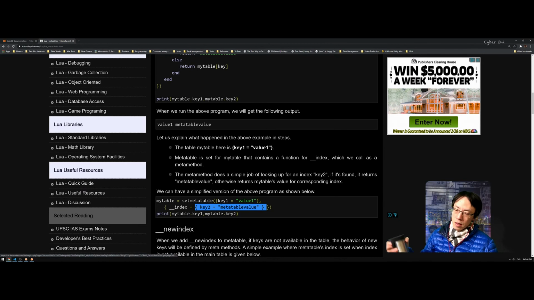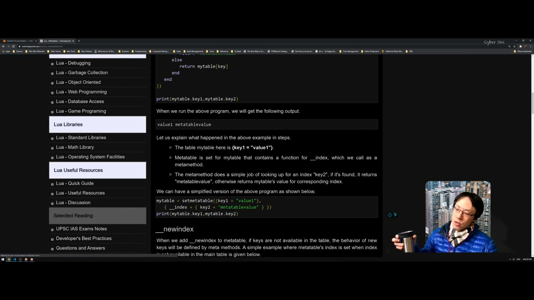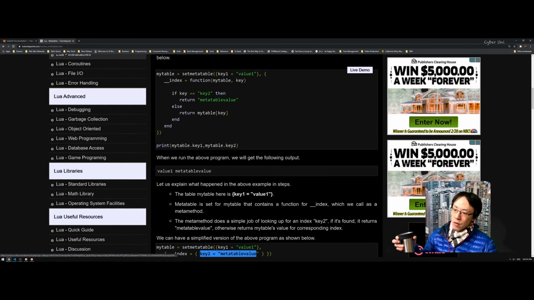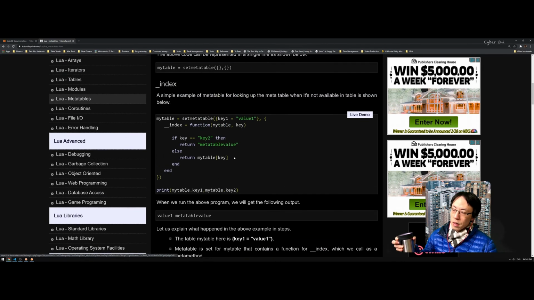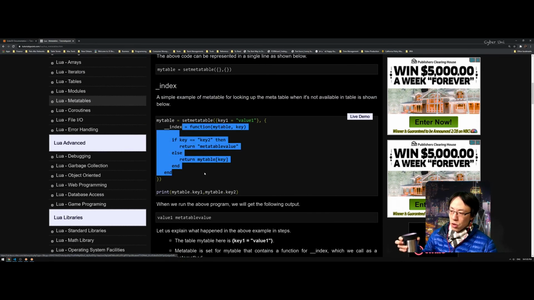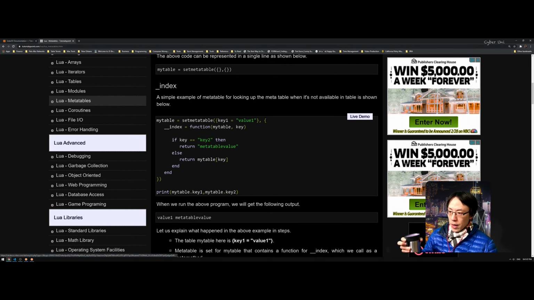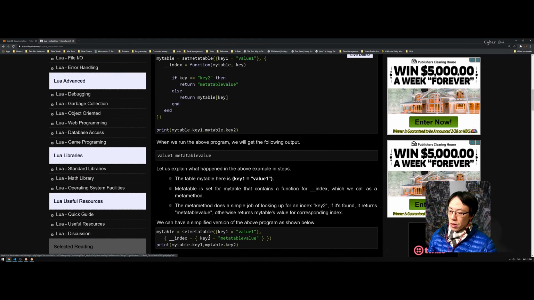So basically you're passing in a table for lookup in case it's not found. Well, if it's not found, what if it is found? I think if it is found, this will take precedence. It is really saying this is a simplified version of this, right? So it will get this key first, and when it matches, it returns that. So this will be returned even if